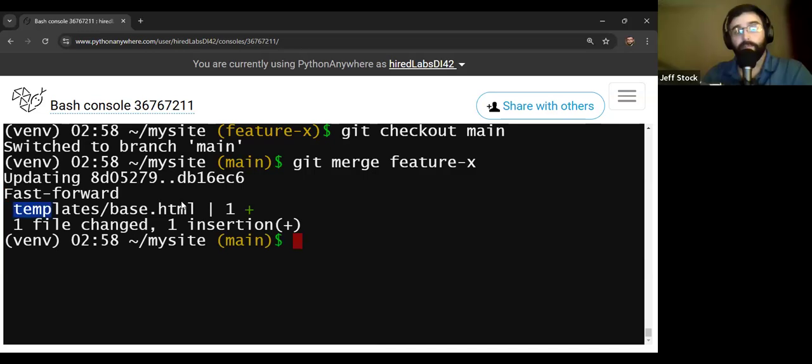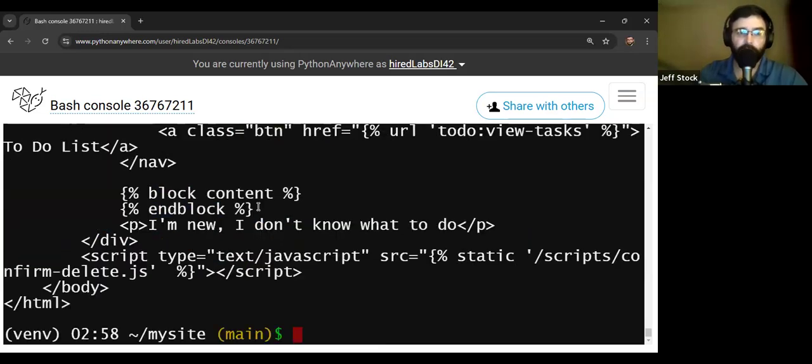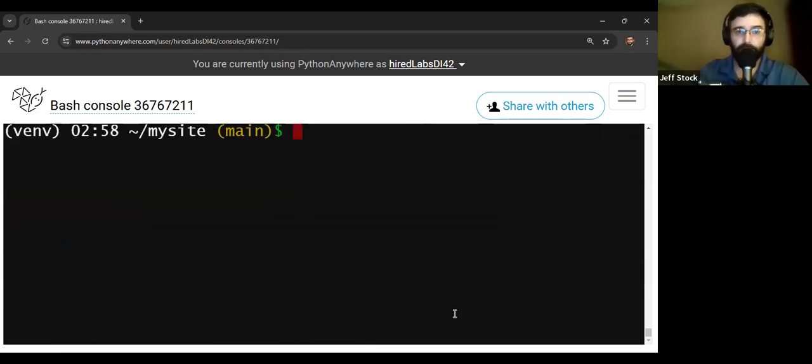It'll tell you what it did. It'll tell you the changes, the insertions, and all that sort of stuff. But now, if I'm on my main branch, if I similarly read that file again, I'll just press up. Have a look at what's there, that paragraph tag is there. So now I still have two distinct branches that exist, but since I've merged them, we'll just do git branch